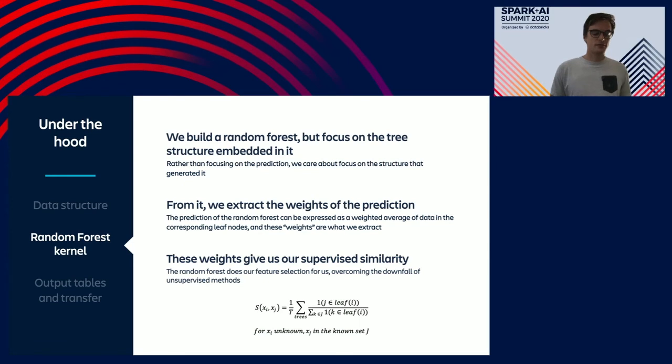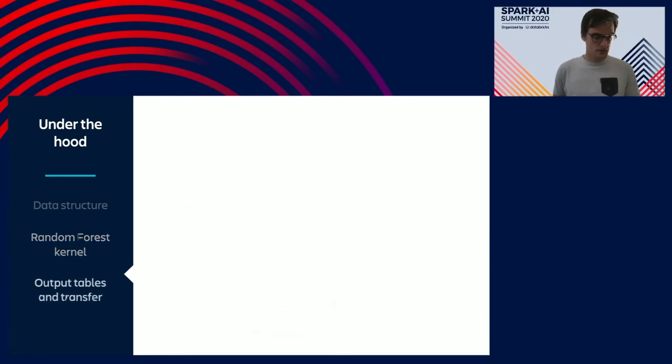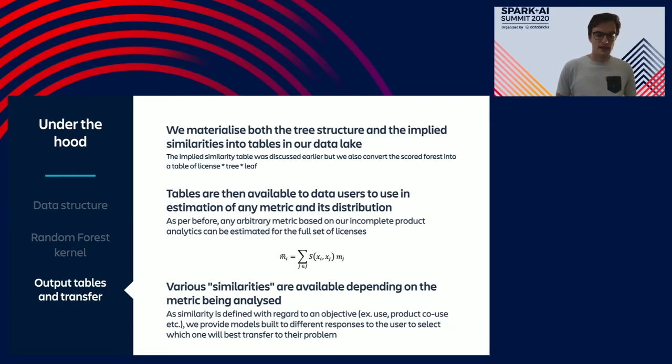These scores are available to all users to estimate any arbitrary metric. It can be what we trained onto, or maybe they'll be used to estimate usage of a given feature that it wasn't explicitly trained on. Sound familiar to the earlier example? This is because this is basically transfer of a trained model to a different response.